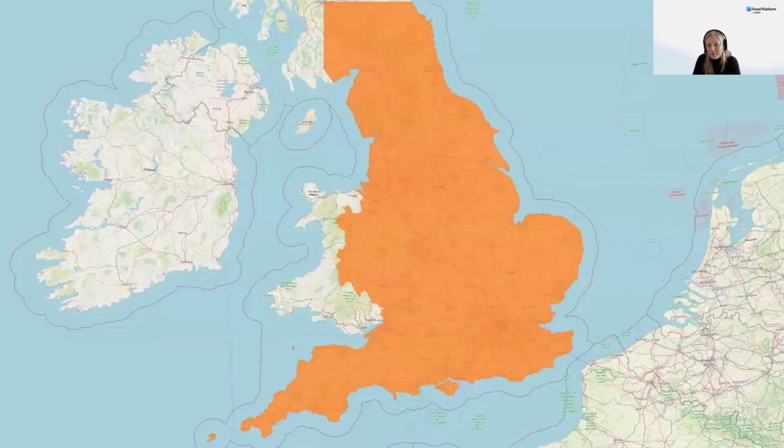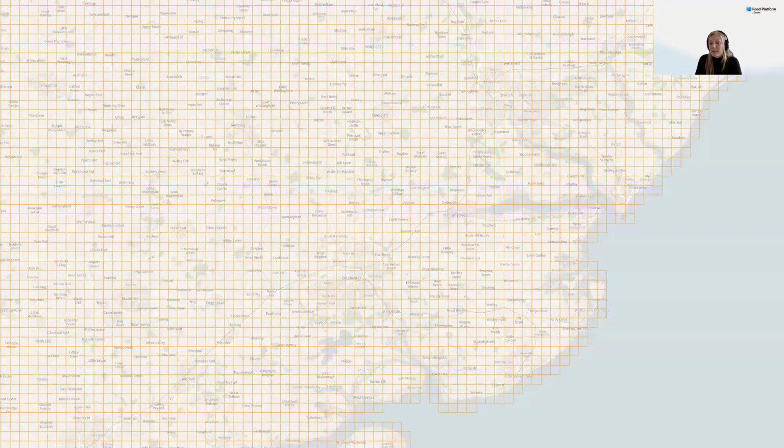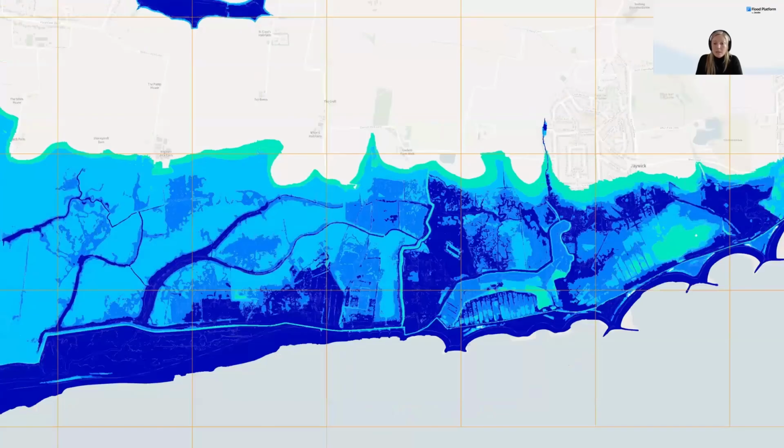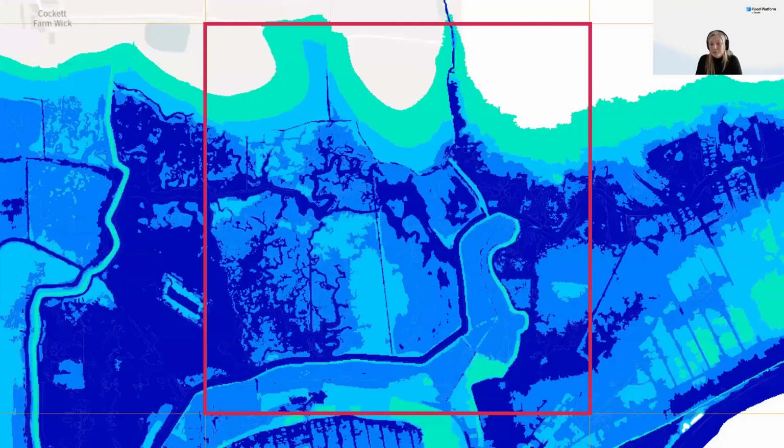So to give you a quick example of what that looks like, there's the country. It does overlap neighbouring countries a little bit, which is good. And if we zoom in there, you can see this is a 1 square kilometre grid. So each 1 square kilometre is processed separately when you draw a flood area, and it looks at the best available information. It will do some smarts in the back end to interpolate if it doesn't find what you need. And then it stitches all of that information back together and provides this really nice high resolution 2-meter grid flood risk map.